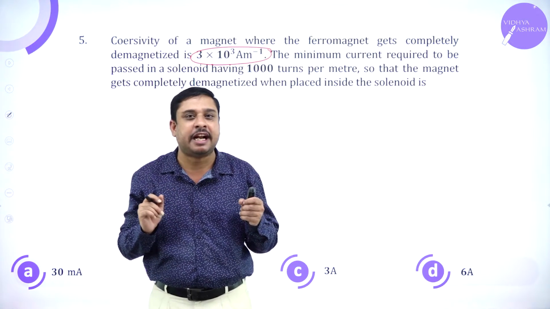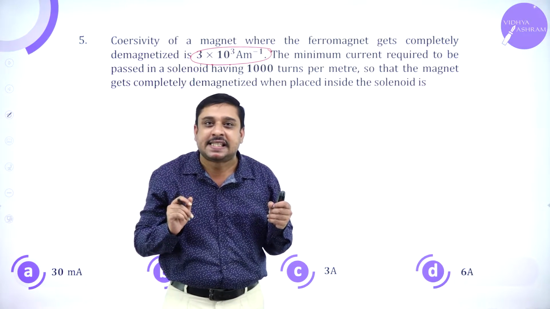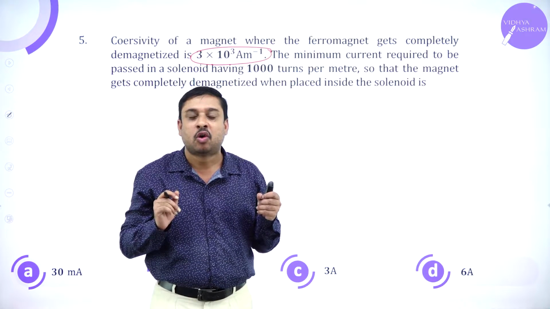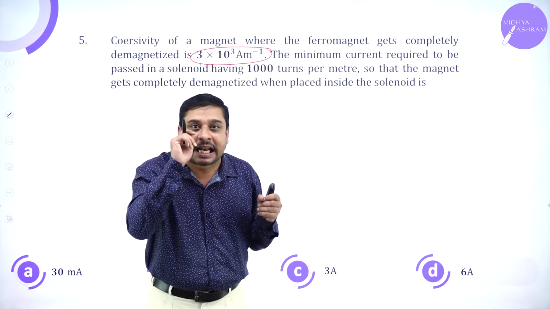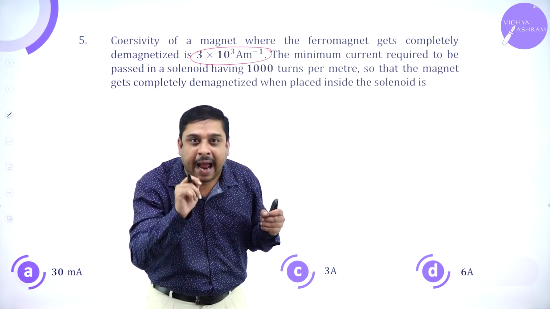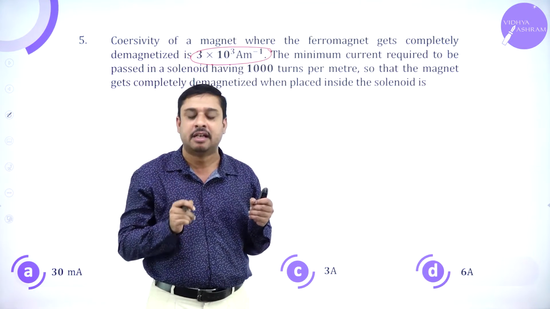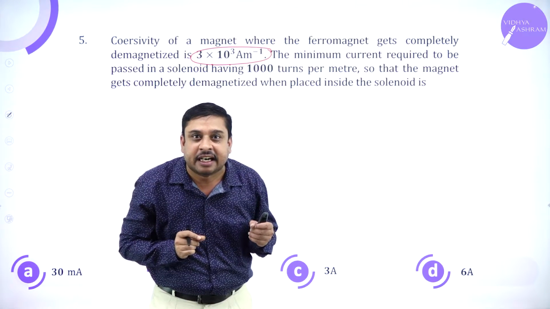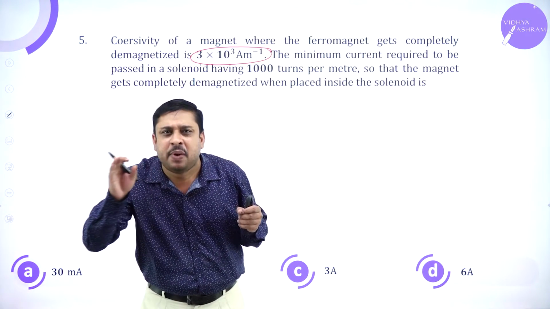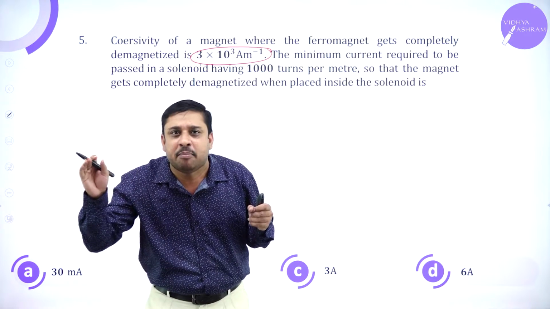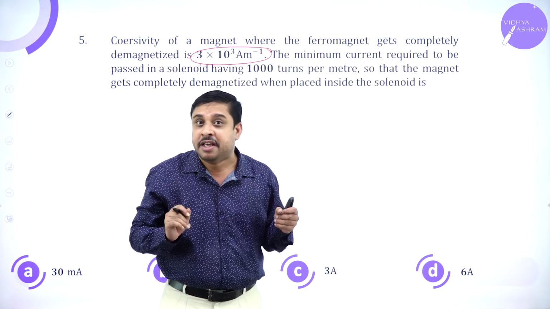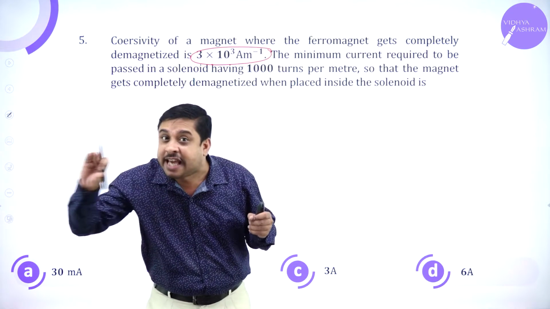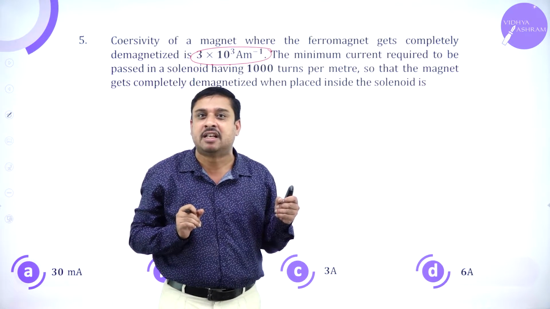If you have studied coercive fields, coercivity is the reverse magnetic field required to completely demagnetize a magnet. See, even when you take off the external magnetic field,